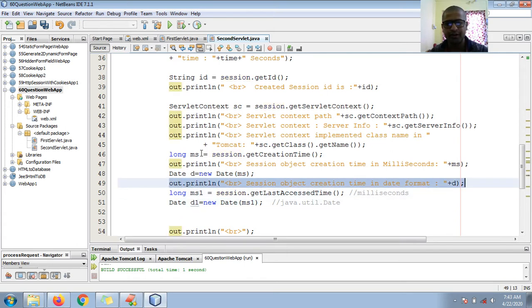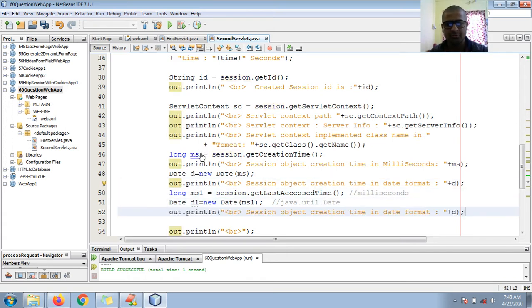I want to print not the creation time, but the last accessed session object, lastly accessed, or retrieved, or used.